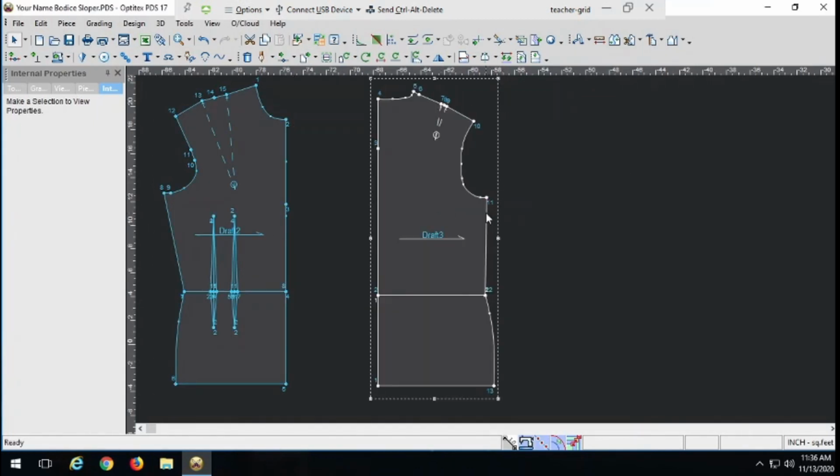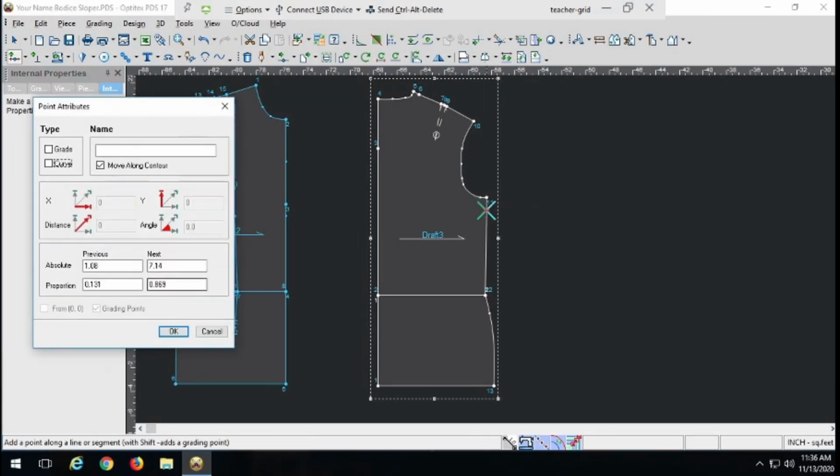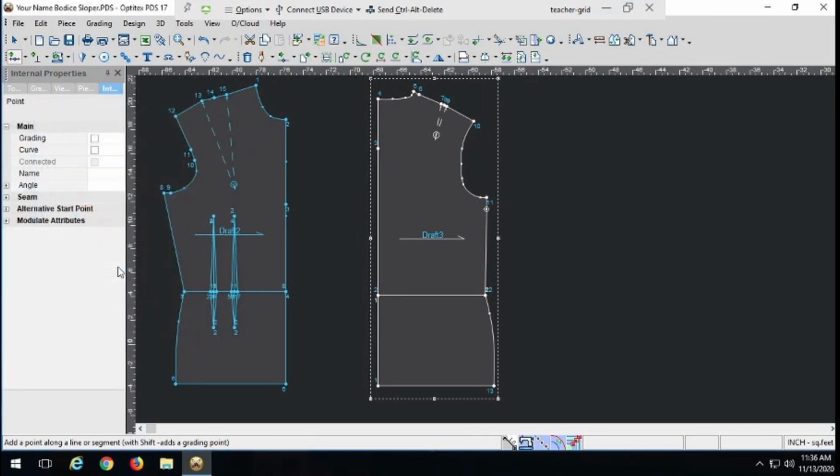Our height is going to be based on a guideline just like it was here, but since we don't have a bust line in back, it's just going to be 1 inch below the armpit. So what we're going to do is put a point there so we can put a guideline there. Let's make it grading just so it's nice and big. And drop down the guideline. Okay. And we're going to put the first dart in 3 1/4 inches